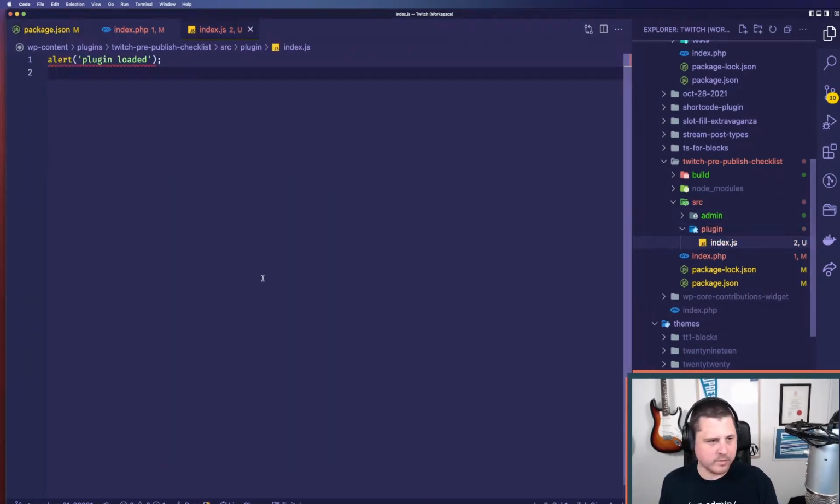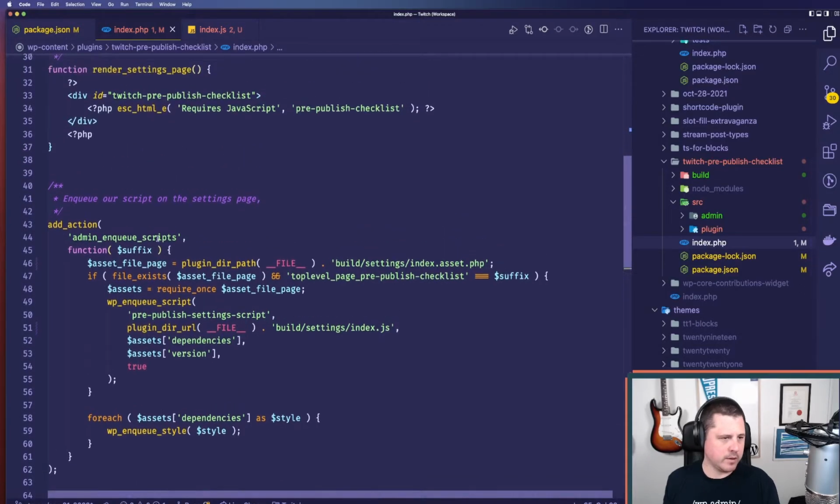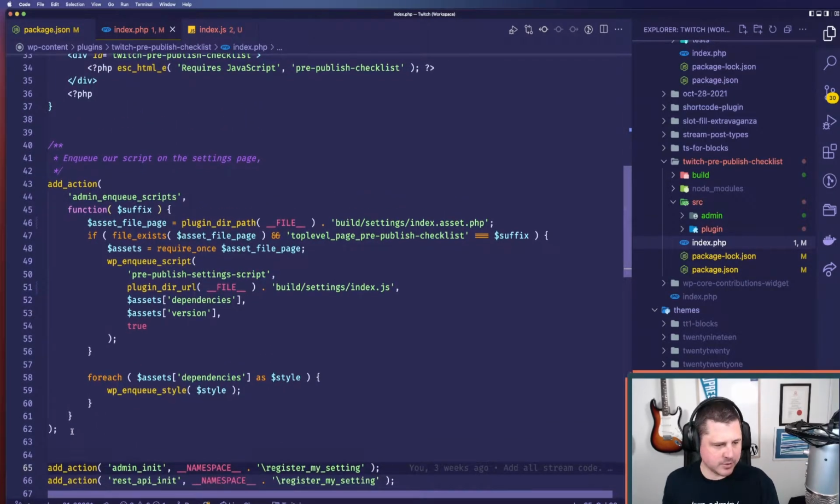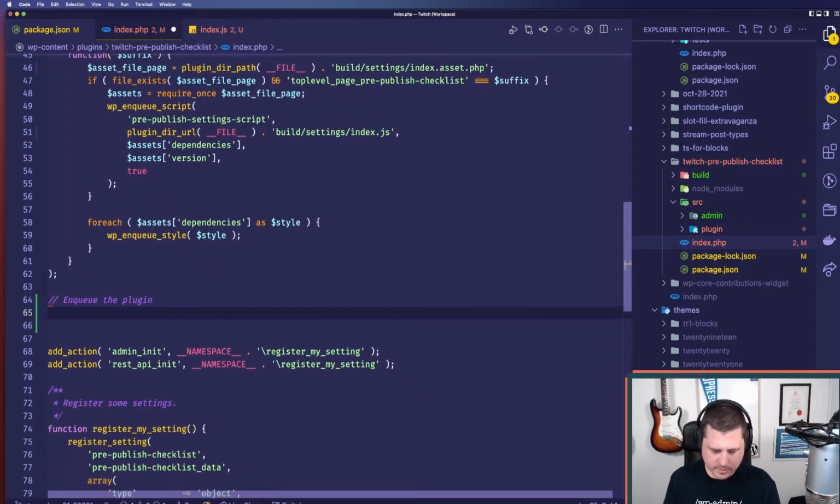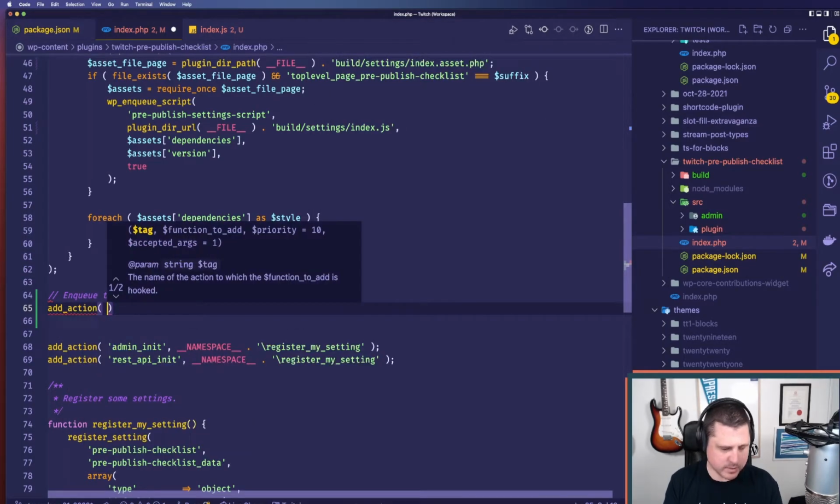We've got our plugin. So our plugin isn't super helpful here. But what we want to do is we're going to want to get that enqueued. So we're going to enqueue. We're going to add an action. Going to enqueue. Oh, if I can spell it right. Our enqueue the plugin. Okay. So we want to run this. We're going to add action. We're going to say this is in the block